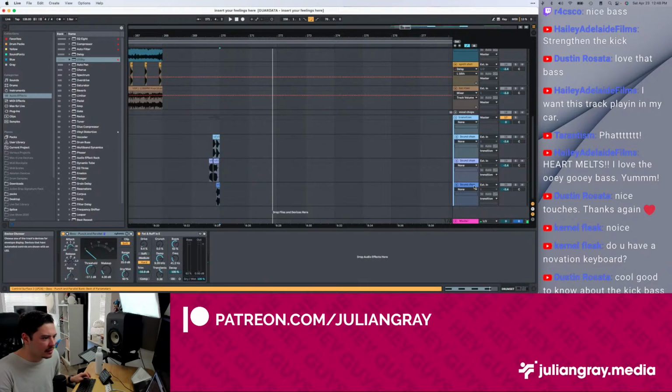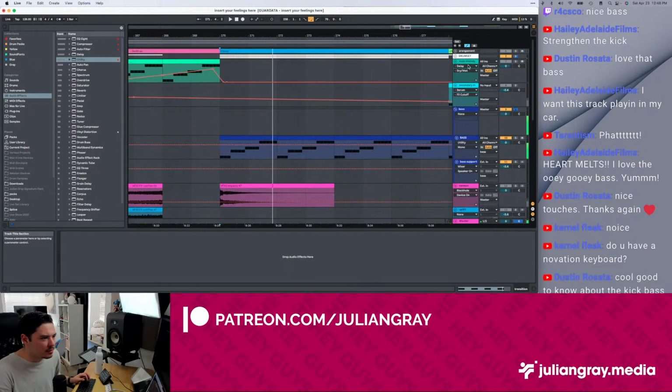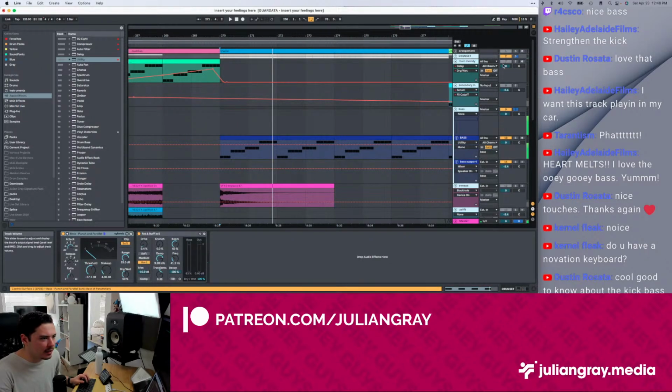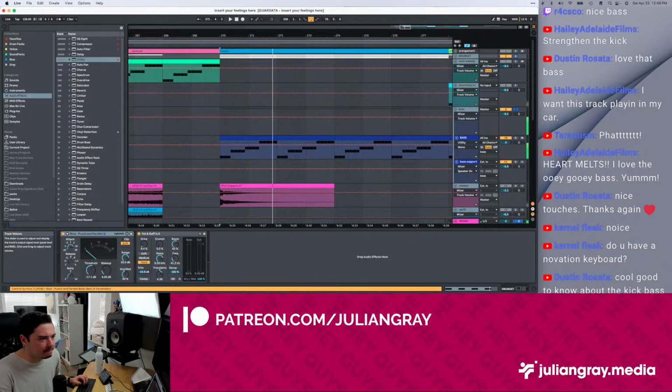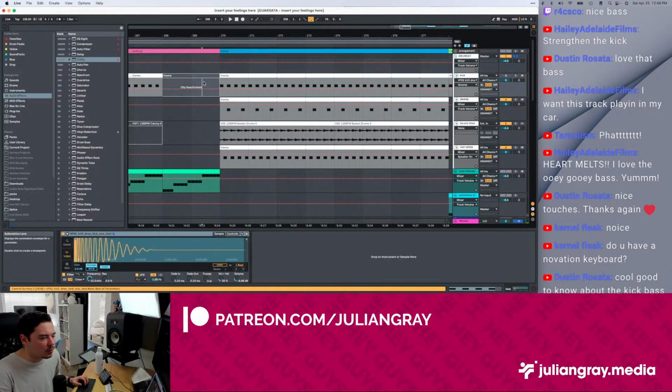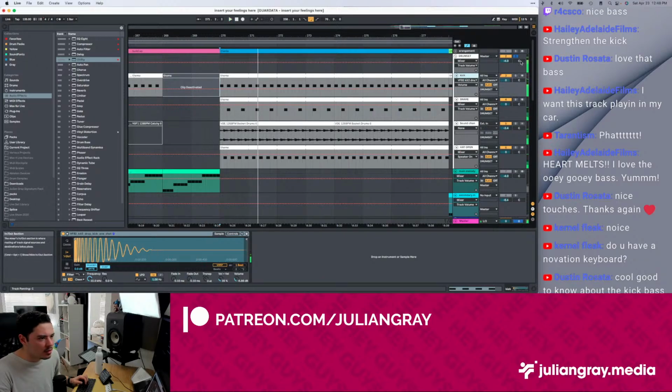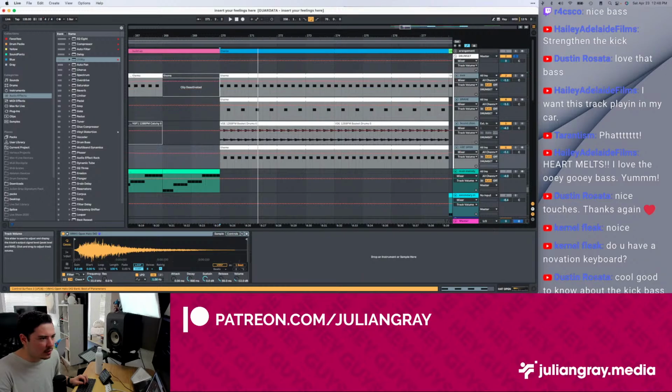I just don't want it to clip. We'll select everything and pull it down maybe like 4, so we give ourselves a little bit more headroom, and then we can turn up things accordingly. So what I'll do is reset this to 0, and then I'll turn these down individually, so we have a little bit more control over the group.